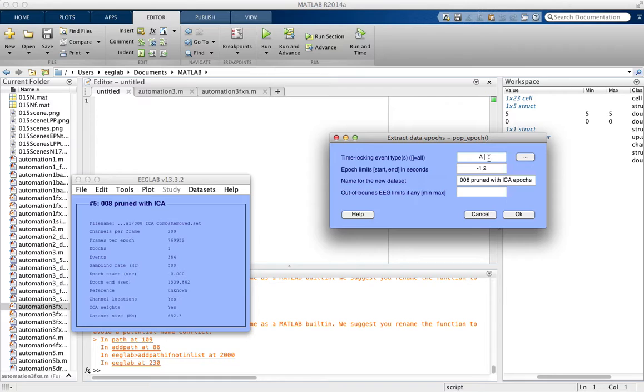If you wanted to do angry and angry faces, we would just type the stimuli codes with spaces in between. But if we want to extract all of the epochs, which is what we want to do here, just leave it totally blank. And then this is where you set the epoch start and end, and so it'll be in